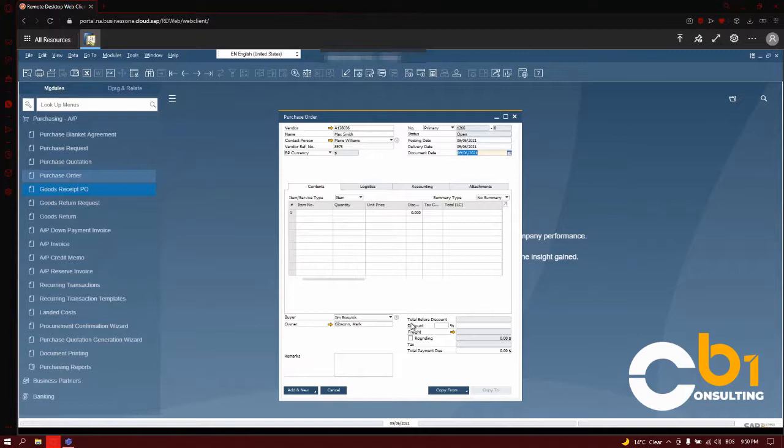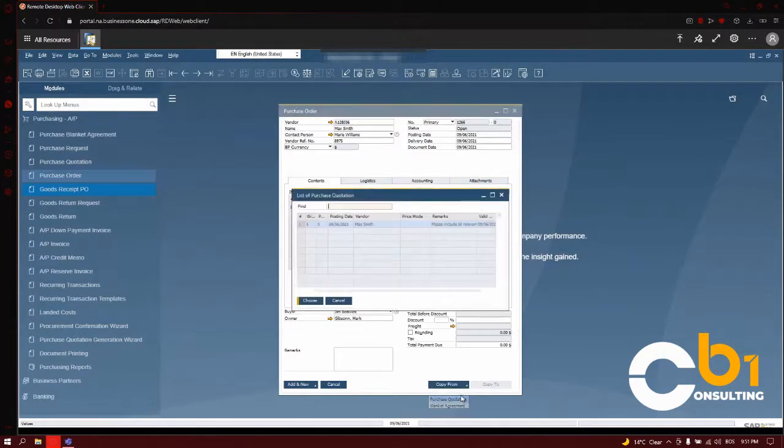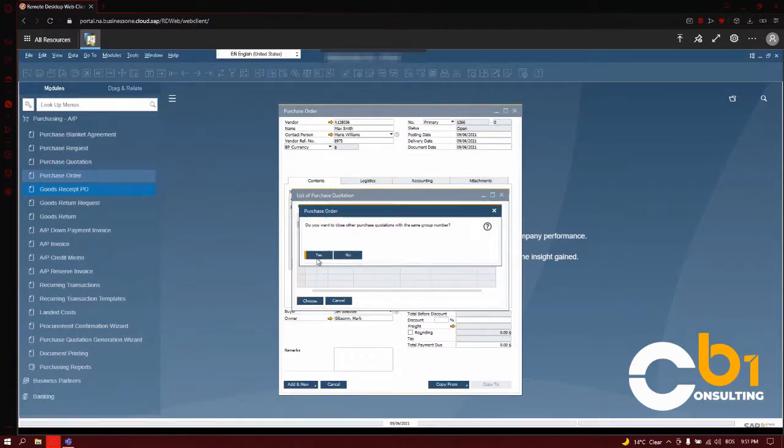So a neat functionality in SAP Business One is that we don't have to always create everything from scratch. If I want to follow the process, so from a quotation to an order to a goods receipt to an AP invoice, I can simply open up my purchase order, add my vendor that I have previously created a purchase quotation for, head over to the Copy From button and select a purchase quotation. It will take the data for the vendor and put in my quotation that I typed in prior. I'm simply going to go to choose